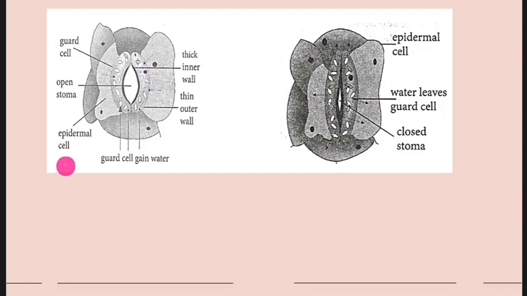So now it has these parts that you can know: epidermal cell. This part here is known as the outer wall. Then this line inside there, the thick inner wall. Okay, so now the guard cell gains water, so it opens. Then here you see the same parts, water leaves the guard cell, closed stomata. So this one, because water has left, the stomata closes. All right, so now